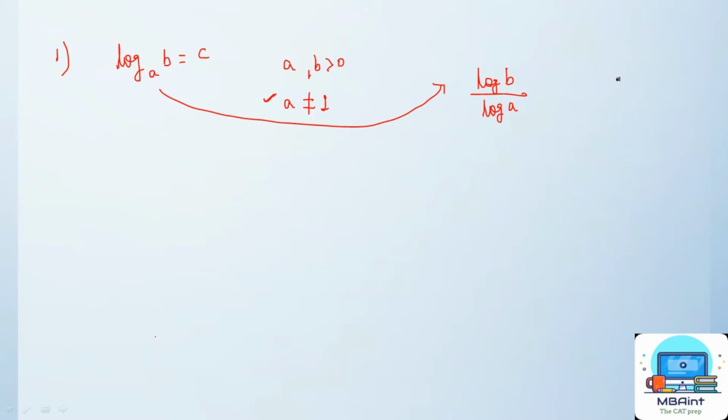Now there's one more thing you need to know here: log 1 is equal to 0. Imagine that a is 1, which I said it cannot be. Then you will land up with log b upon log 1, which is 0. And this tells you that this cannot be defined. This is undefined. So if you have a equal to 1, this log will not be defined. Make a note here that a shouldn't be equal to 1, and I've also told you the reason.